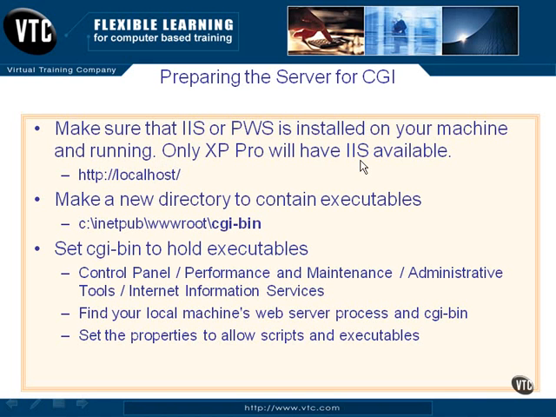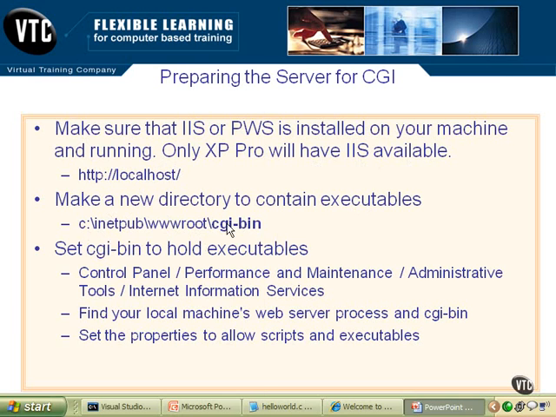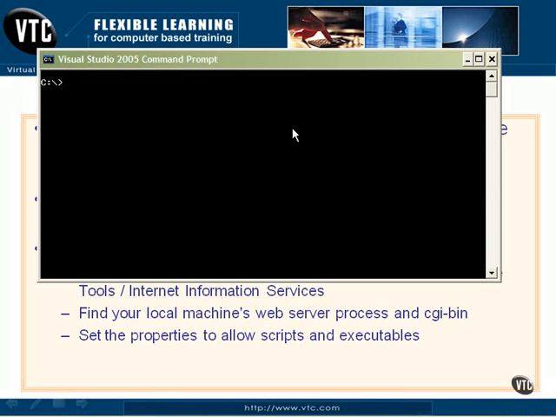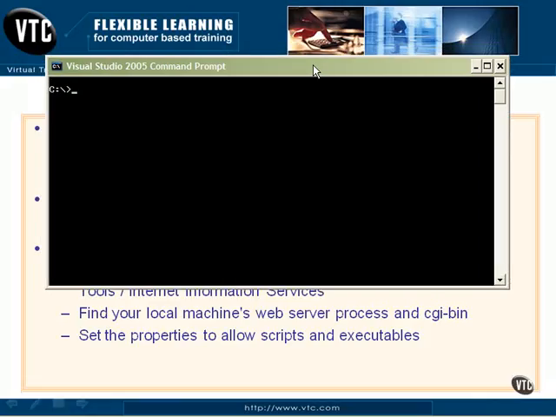Now, if XP Pro is running, which is what we have here, we have IIS on there, localhost worked, and now we need to make a place to put our executables within the server's directories that it uses. IIS is commonly installed to inetpub wwwroot, and that's its home directory where it keeps things. We are going to create a new directory under there called CGI bin, and to do that, we rely on our good old Visual Studio command prompt here, and we will go to inetpub,